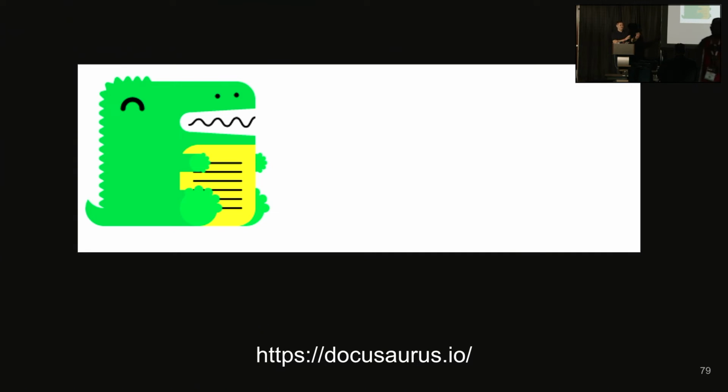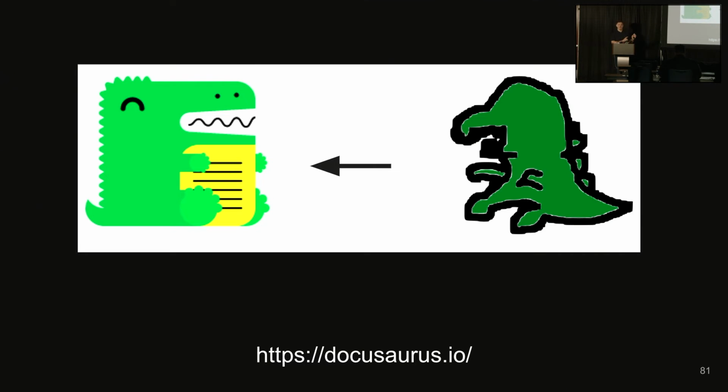See this logo? Very nice. People love it. They will even get plushes. You can also think about swag when you're designing something. But it wasn't the beginning. In the beginning, we had this. Someone in the community drew this dinosaur. It is a dinosaur. So you can think it doesn't have to be perfect.